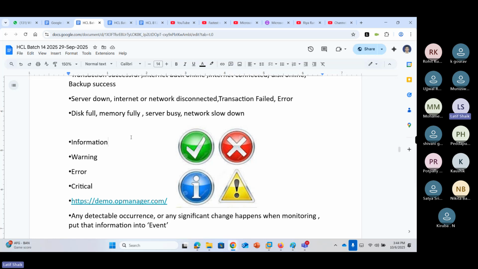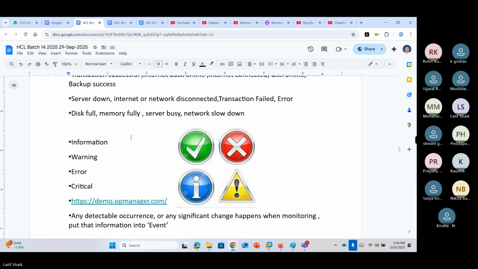If something is not working, like failures or critical errors, these come under the error or critical category.